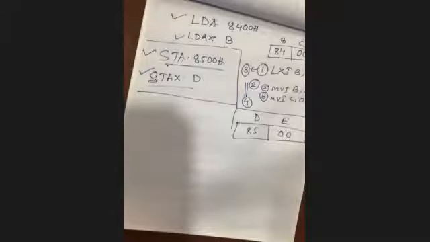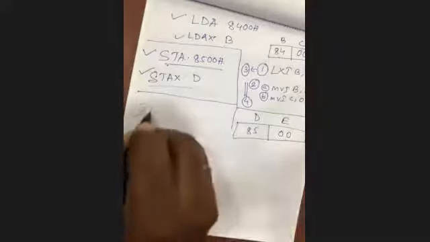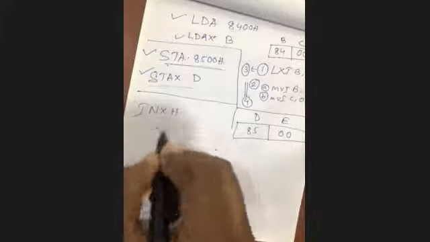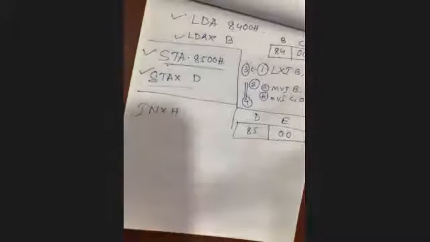Whenever we are using a single byte copy, then STA will be preferable. Single byte copy means one memory location data copy. Whenever we want to work in a loop, meaning we want to copy a block of data array, I need 5 data, 10 data, 20 data, then STAX D will be preferable, because we will be using STAX D and we will be using INX H. Whenever we use STAX D again, what will happen? Because it has a register pair.